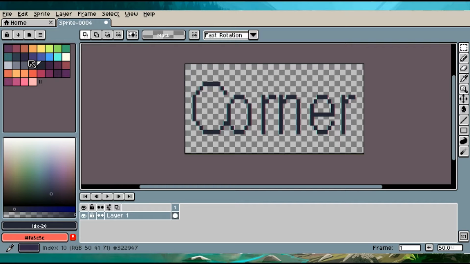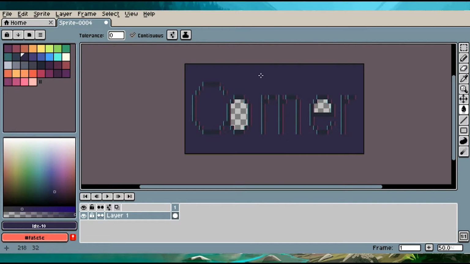After that, select a dark color from your palette and just fill it in the background. After that, just add new frames. I will add 4 new frames,